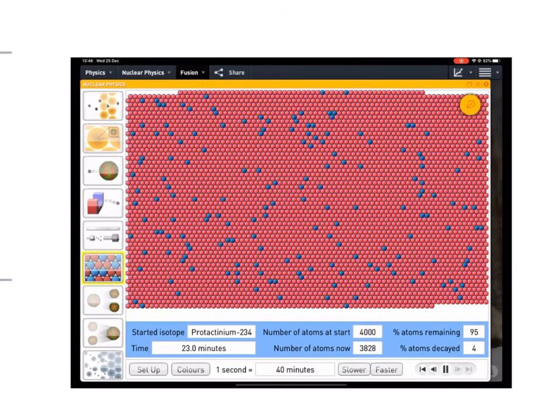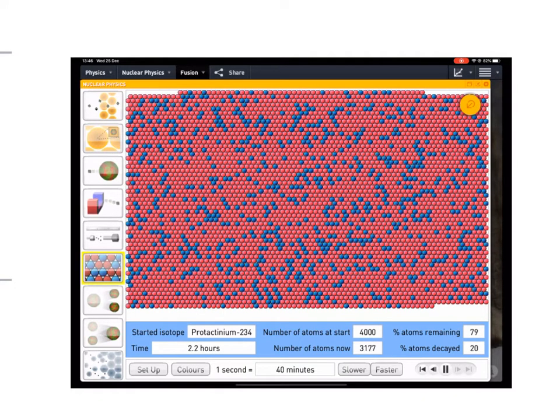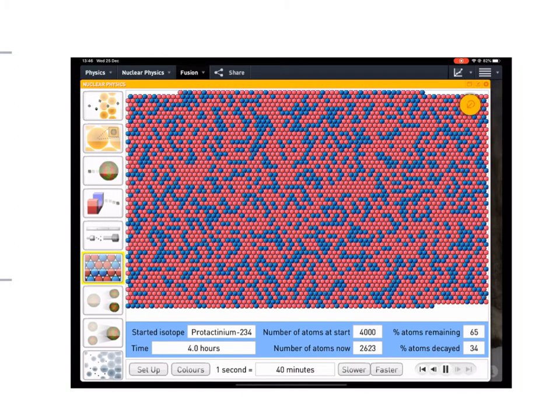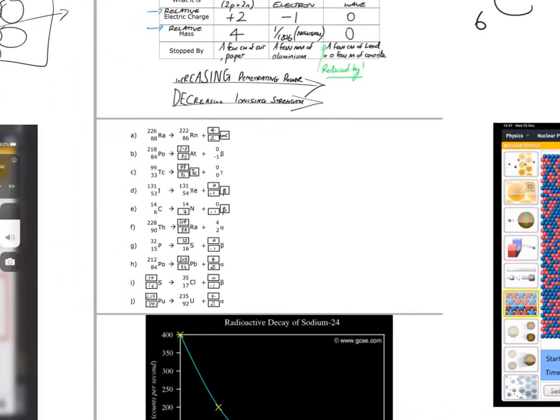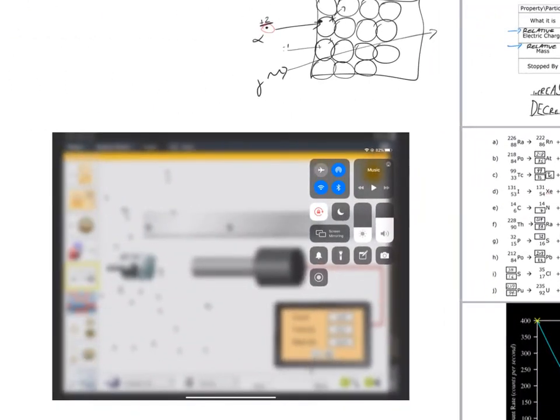So the red circles represent the protactinium which hasn't decayed. So the blue circles represent the daughter nuclei which are produced. So you can see that you can't predict when a particular nucleus will decay. So it's just a simulation of the decay process. Next, what I'd like to do is just move over here for a minute. So this is another